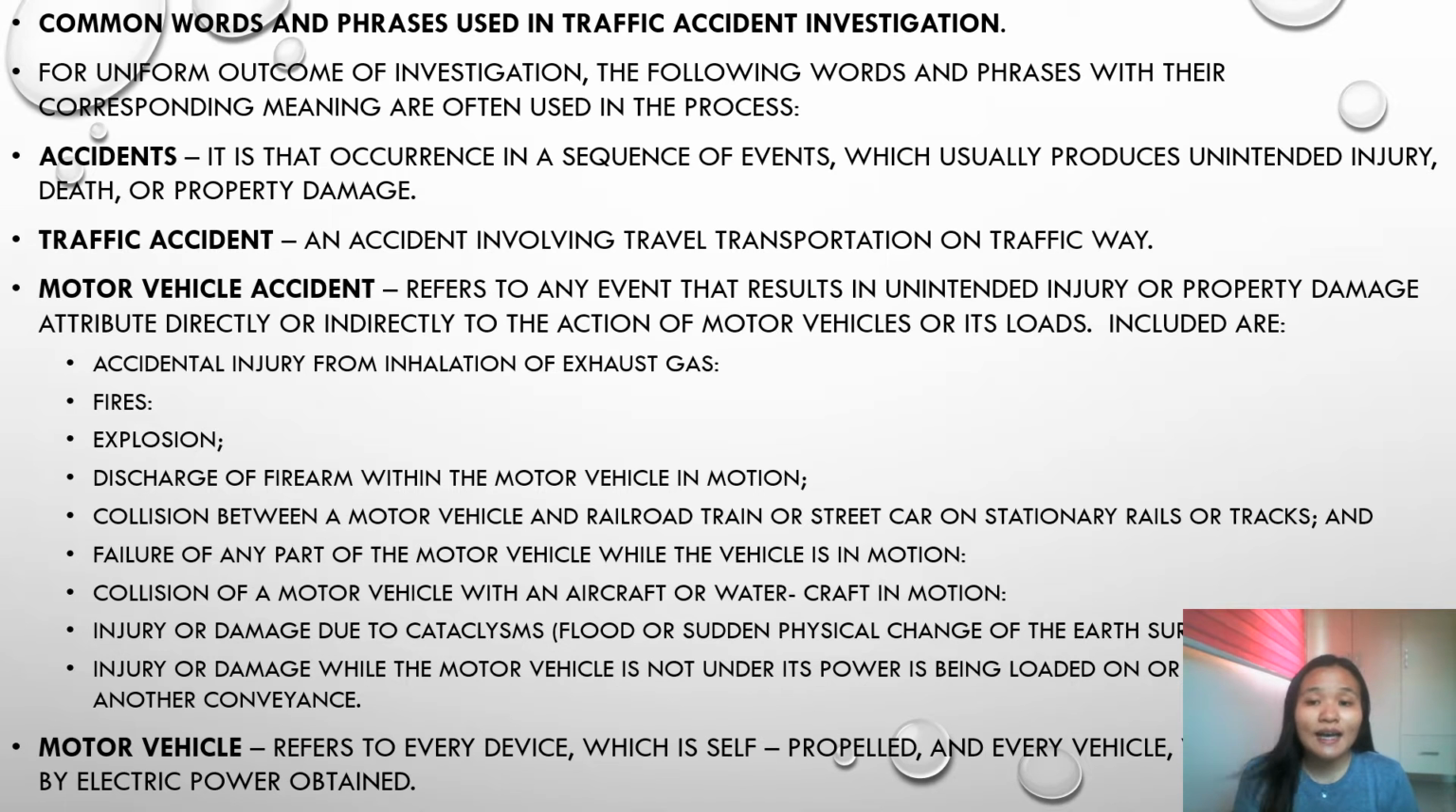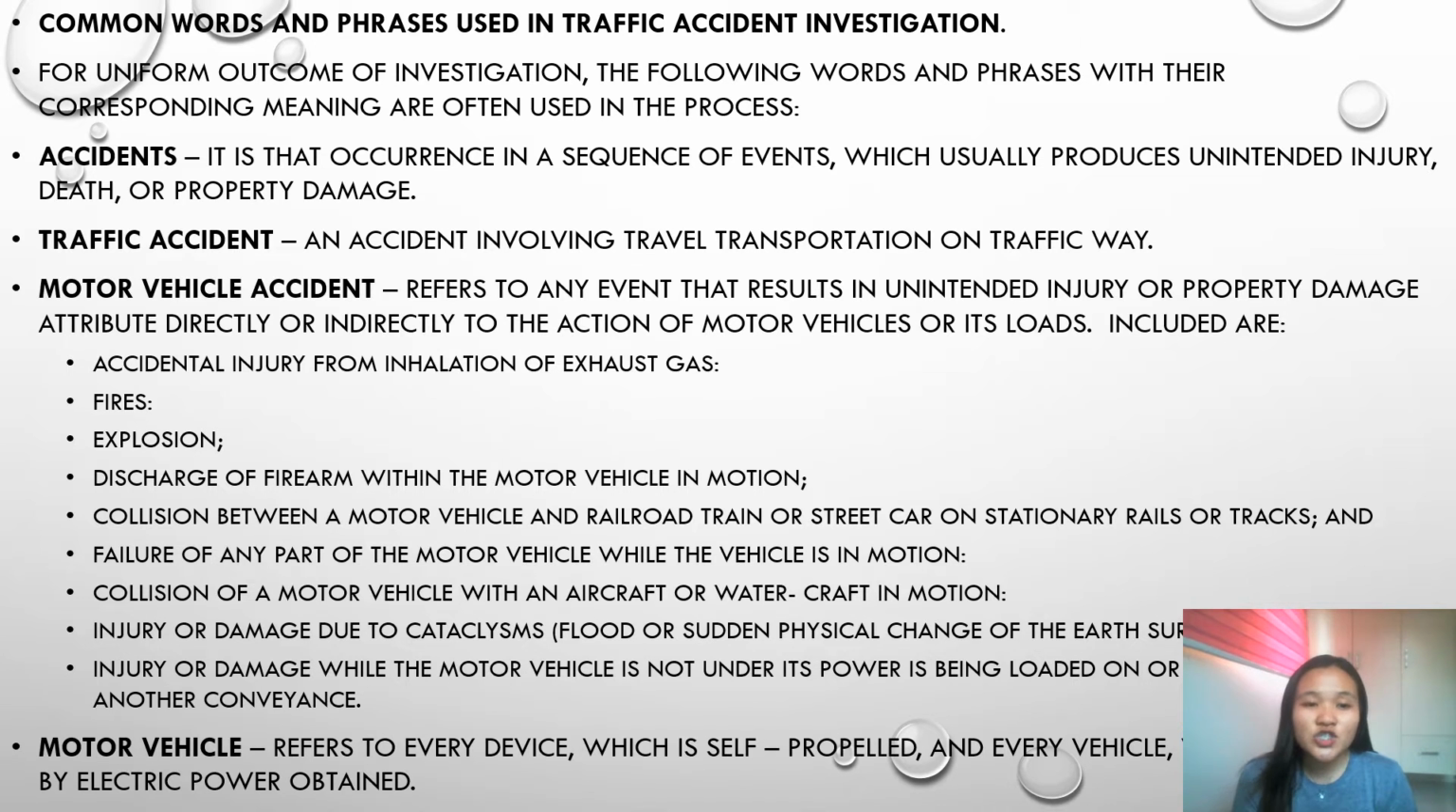Next, motor vehicle accident. Refers to any event that results in an unintended injury or property damage attributable directly or indirectly to the action of motor vehicles or its loads. Included are accidental injury from inhalation of exhaust gas, fires, explosion, discharge of firearm within the motor vehicle in motion, collision between a motor vehicle and railroad train or streetcar on stationary rails or tracks, and failure of any part of the motor vehicle while the vehicle is in motion, collision of a motor vehicle with an aircraft or watercraft